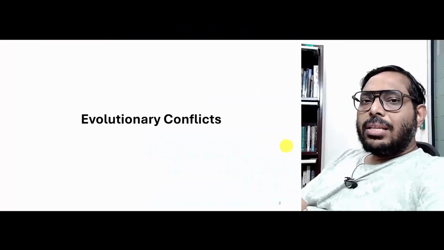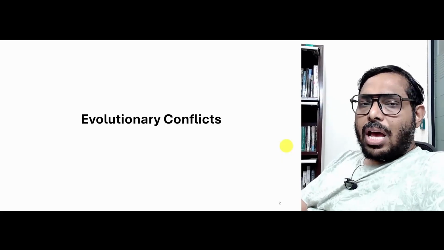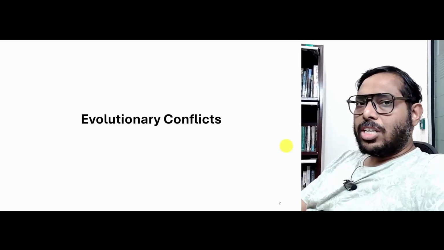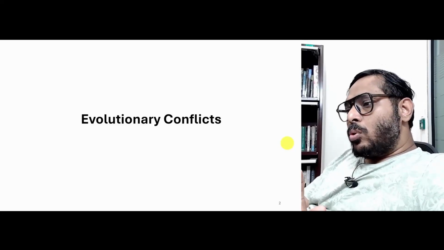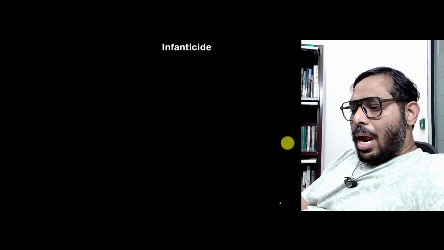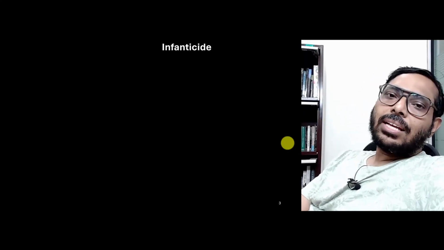Hi. So, in our last discussion, we looked at the phenomenon of cooperation and we saw how relatedness amongst individuals can explain cooperation to a great degree. But as I said, cooperation is just one part of the story. The other thing that happens a lot between organisms is conflict, due to various evolutionary reasons, due to selection operating in certain ways. So, this discussion today is going to be entirely on evolutionary conflicts, and one of the most interesting and eye-catching conflicts that we get is what is known as infanticide.